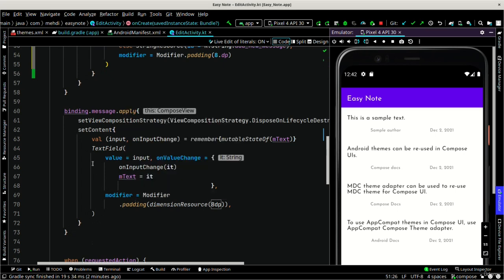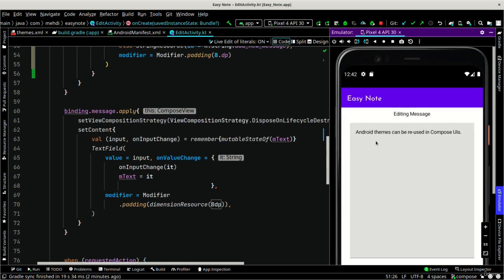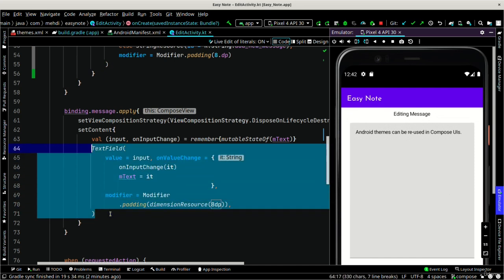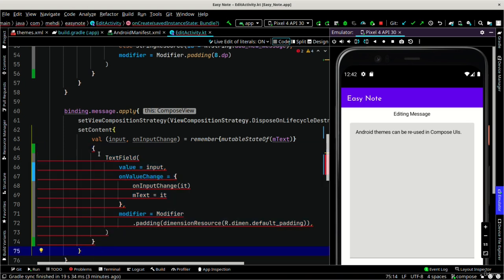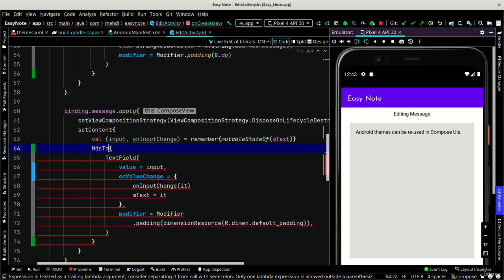And let's do the same for our text field defined for our message, this text field. So I select the text field. I can just type two curly braces around it, or in Android Studio it is easy, just enter your curly braces by pressing Shift and then your starting curly brace, and then it wraps the whole area with a pair of curly braces. Then I type MdcTheme,